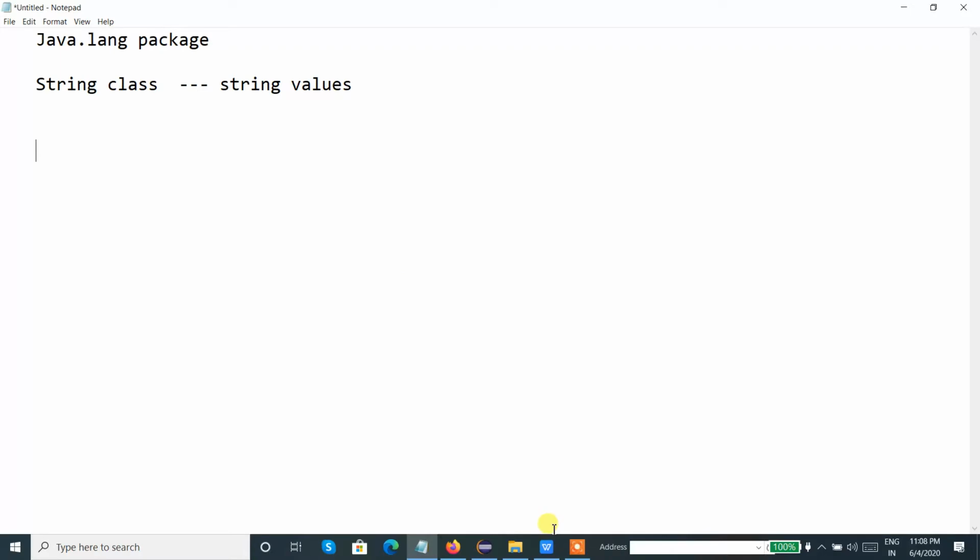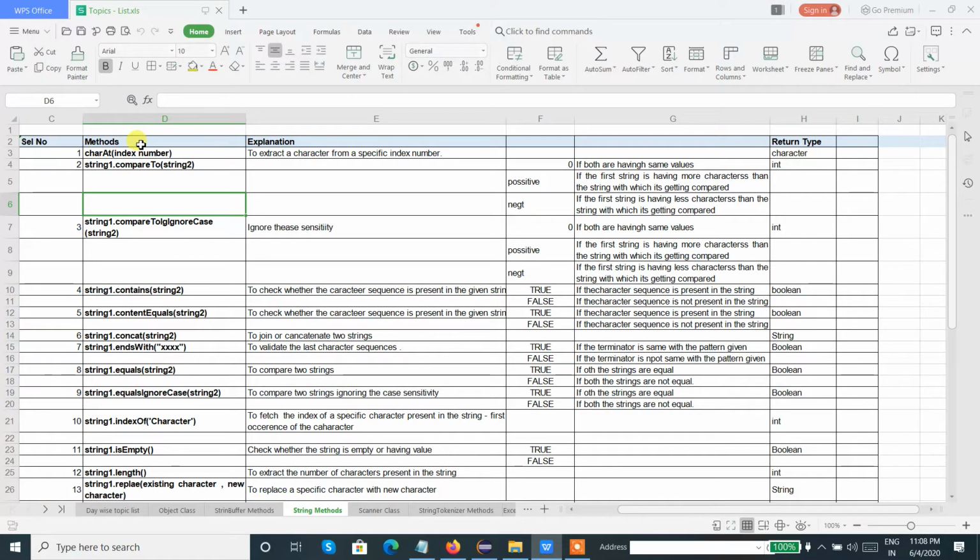Just have a look at the different methods we use for doing different operations in the String class. charAt with an index number, then compareTo to check whether both strings are similar or not. compareToIgnoreCase, and the contains method to check whether a substring is present in the string or not. contentEquals checks whether the particular content is equal to the string or not, that is, whether the character sequence is present in the string.